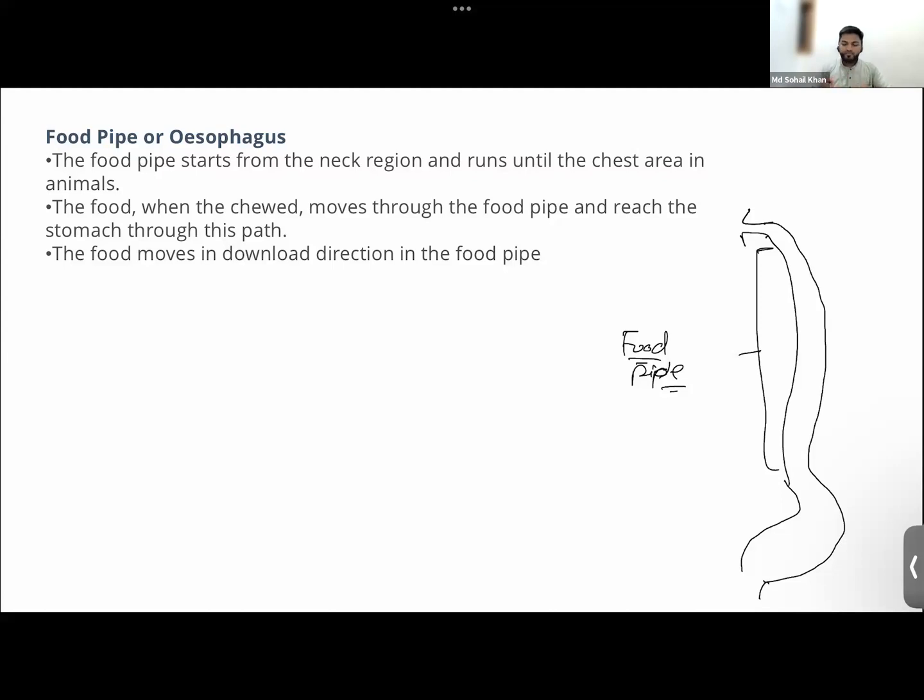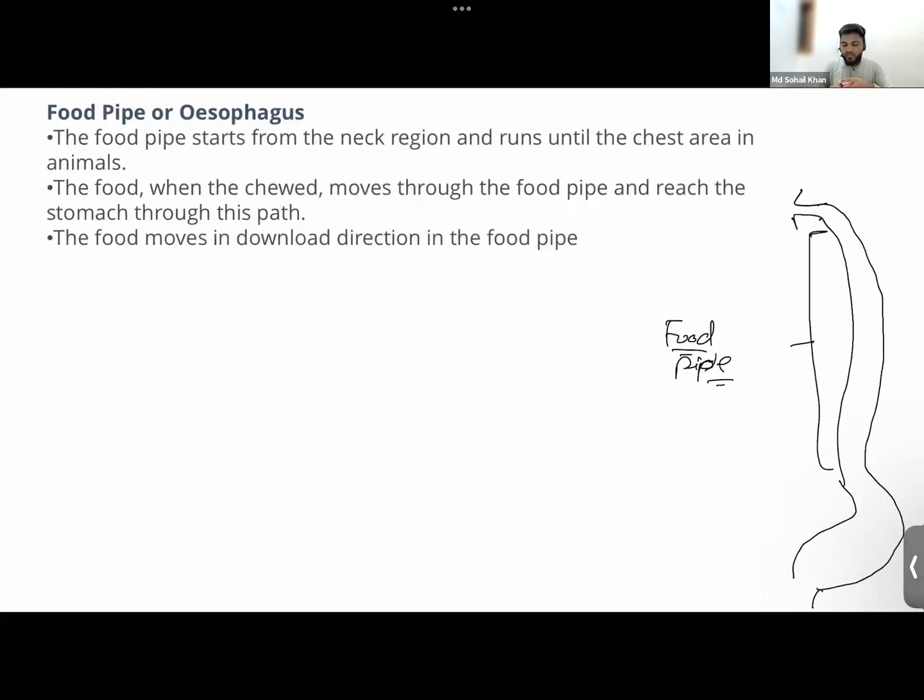Now how the movement of food takes place inside this esophagus, that is the interesting thing here. Look here, there's a movement. The question is how food moves in the esophagus, guys. How does it move in the esophagus? Any idea, guys? First thing is that the food obviously will move downward. Does it move in a zigzag way? It does not move directly.